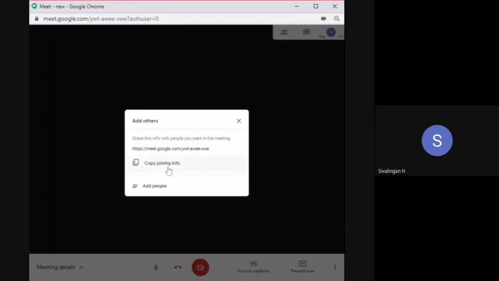Okay, so next, as I said, once you accept, they will come inside the meeting room. Once they come inside, we send some message. One thing we make sure is that there won't be any disturbance from your mic, because a disturbance will affect all the people. So we inform people to mute their mic, so that when there is a need, we can activate the mic and speak also.